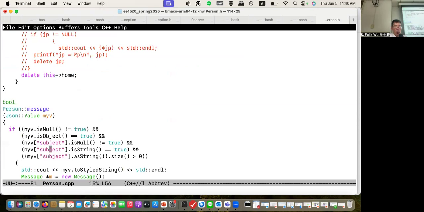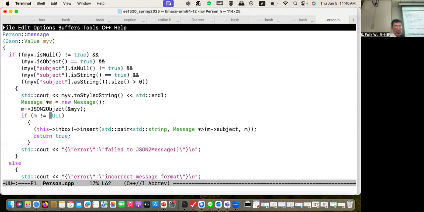Then you check whether you have a subject and the correct format. If it's okay, then you create a message. I convert that JSON into a message object using JSON to object. And then I do the inbox, I do an insert. I insert that message into